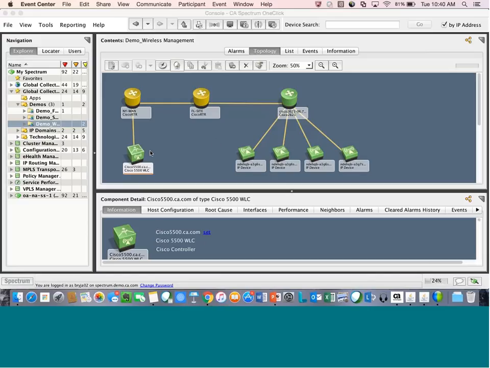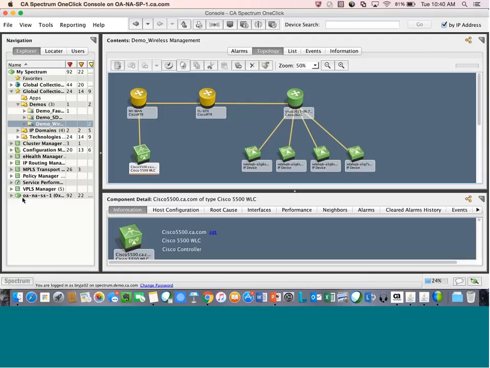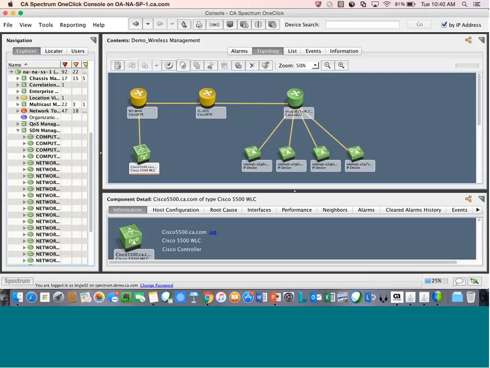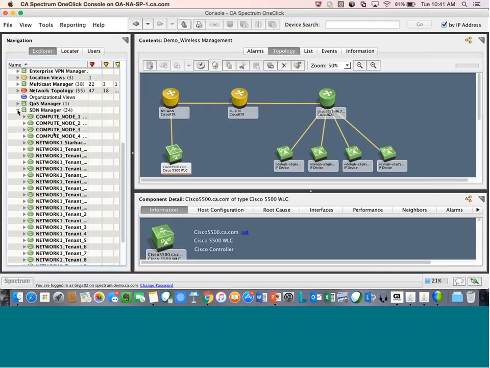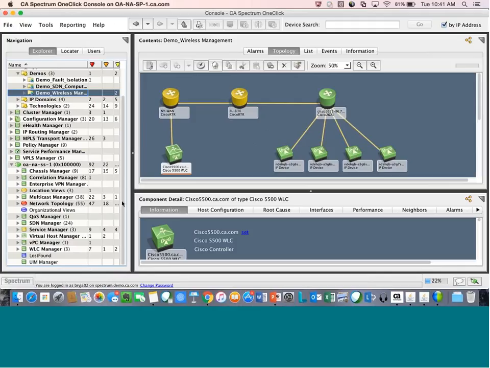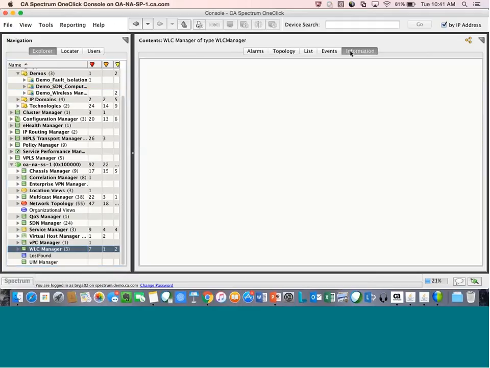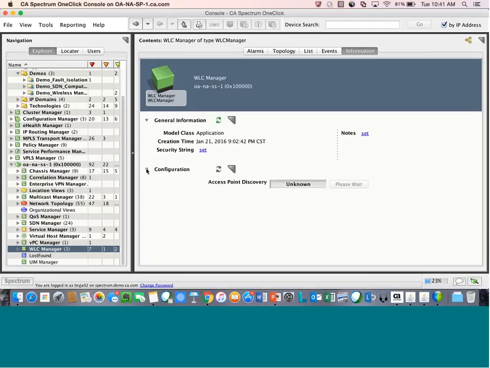We can essentially just discover the wireless LAN controllers, and then from the controllers themselves, we have the ability to go out and discover all the APs. So before I get into this global collection, if I look at the wireless LAN controller, or the WLC manager, and look at the information tab, there's a simple configuration which gives us the ability to run the access point discovery.